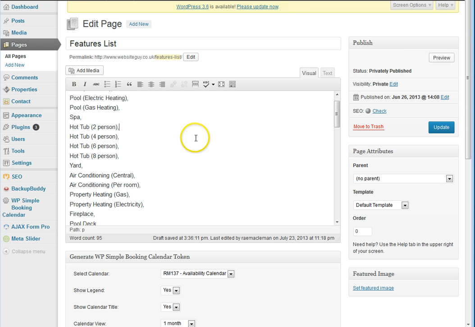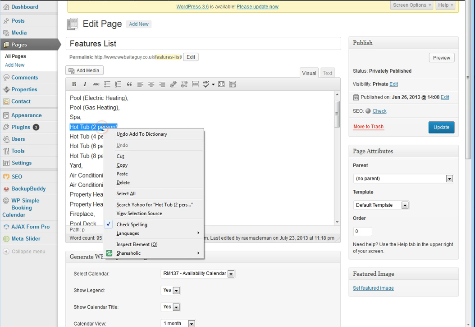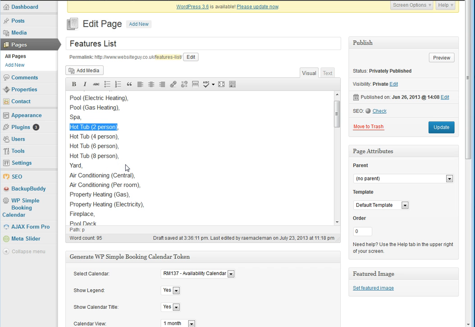Now, the easiest way to do this is not with the mouse at all, but it is in fact to put the cursor at the end of the row, use the left arrow to go one space to the left, hold down the Shift key and select it like this, and it's very accurate. You can select exactly one character at a time, and then when you've done that, Control C to copy it, or you can right click and click on copy. Now, you don't want to save this or anything because all you're doing is just picking up the information from here. So go back to your properties again,